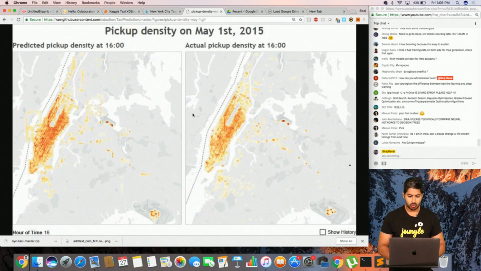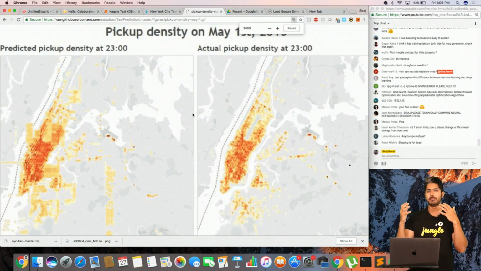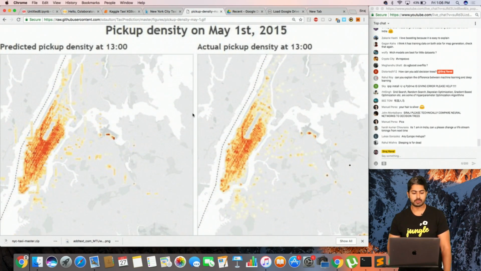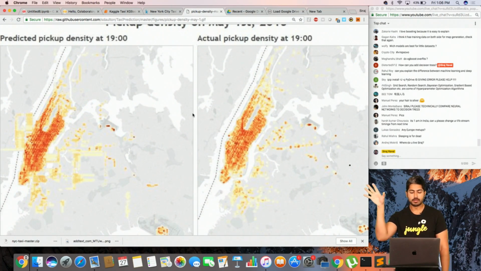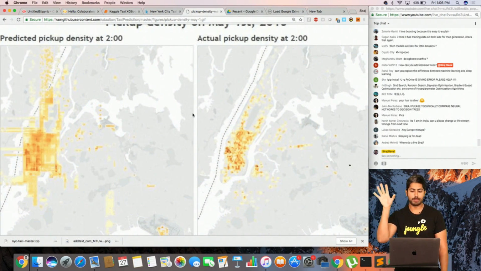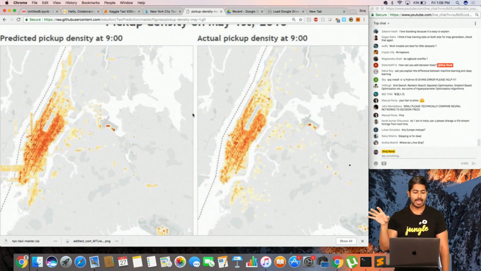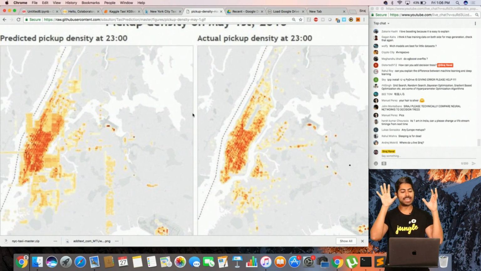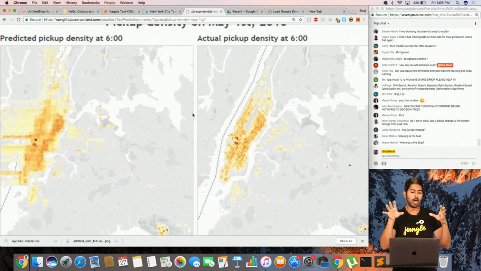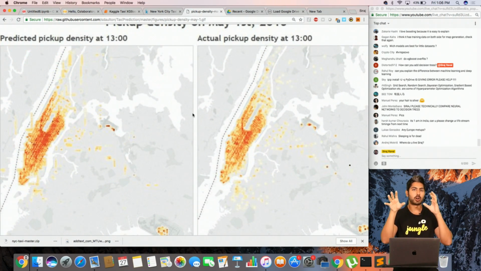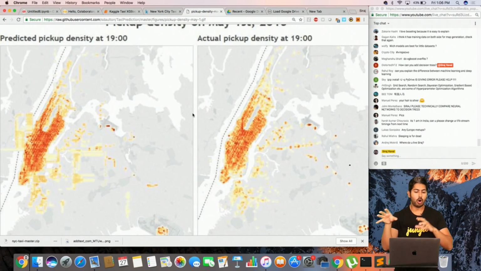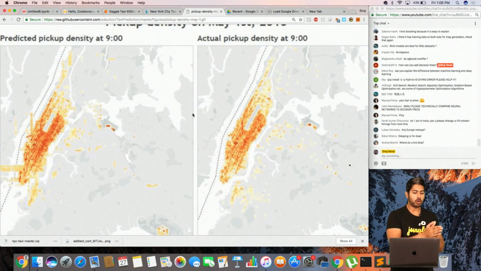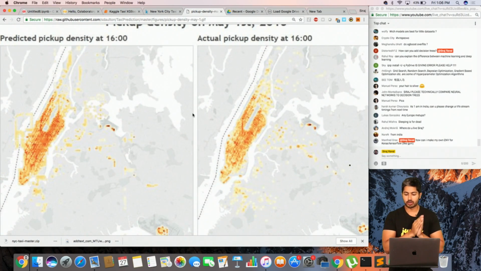So this data set changes over time. On the right, my right, you're seeing the actual pickup density at these times, and on the left, you're seeing the predicted pickup density. This is using a trained model. It's predicting where rides are going in real time, over time. And this is what happens when you have a trained model. Once you train the model, you can visualize it using Matplotlib, et cetera.